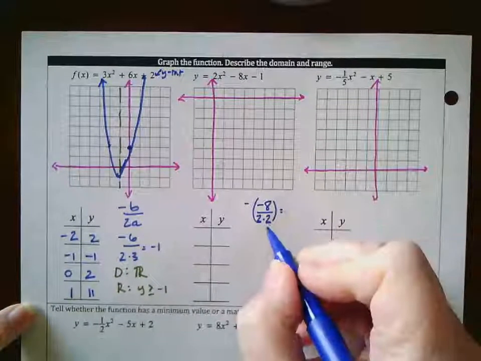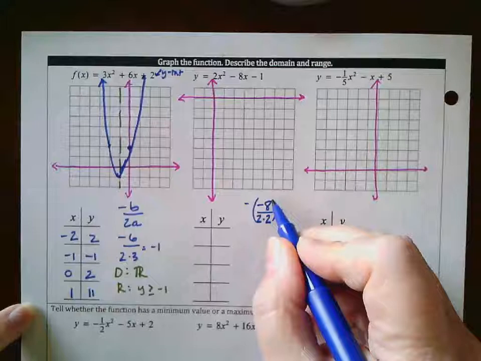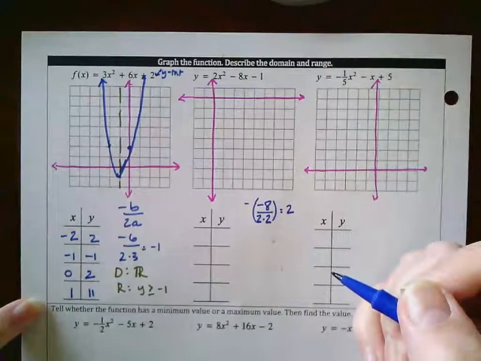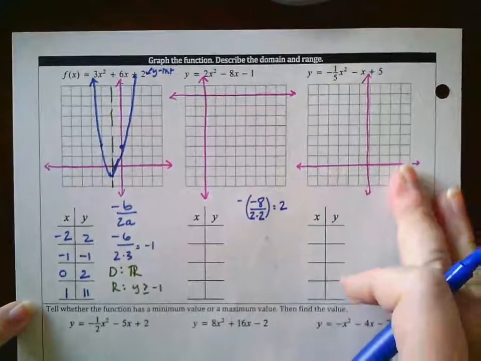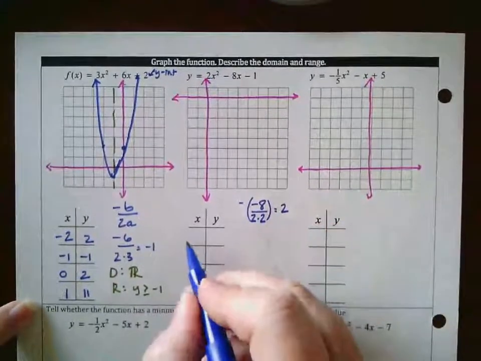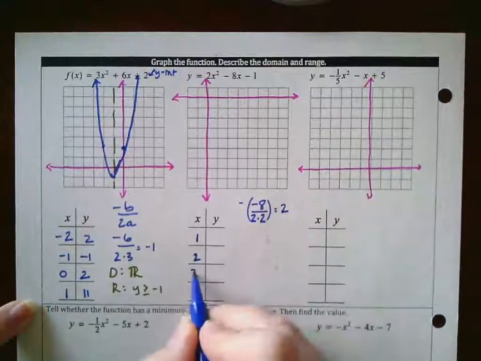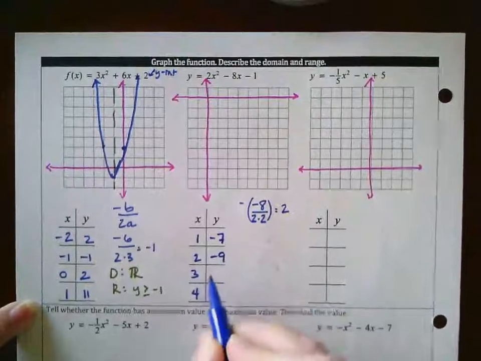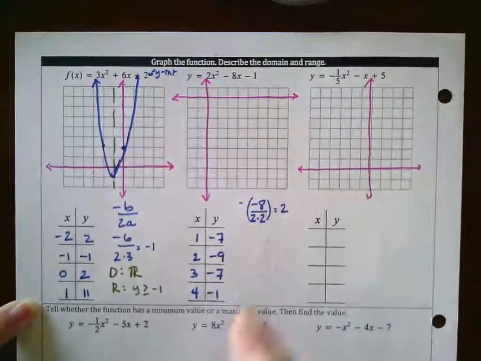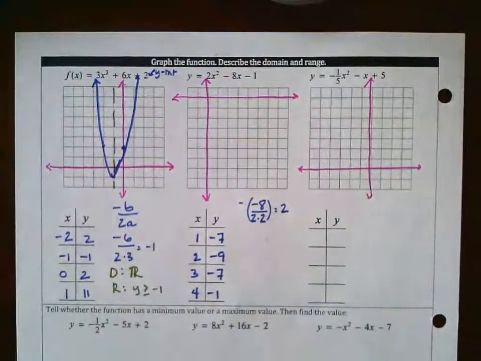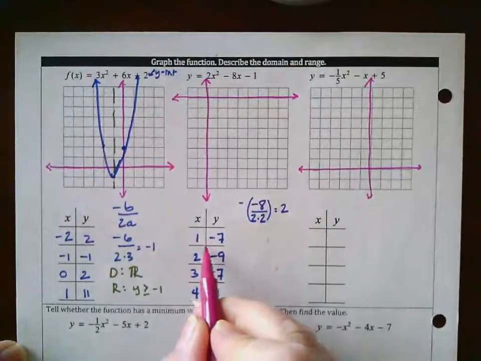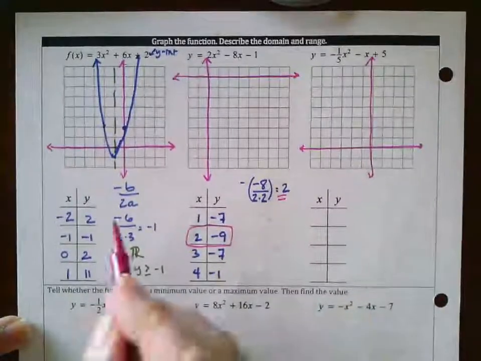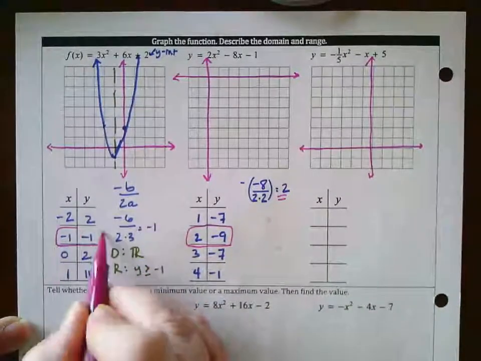Nope, I take that back. 4, negative 2, so positive 2. So if I plug that in, my point is going to be 1, 2, 3, 4. It's going to be negative 7, negative 9, negative 7, negative 1. And remember, this is your vertex because I just found it here. Just like it was over here, this would have been your vertex, negative 1, negative 1, because I found it